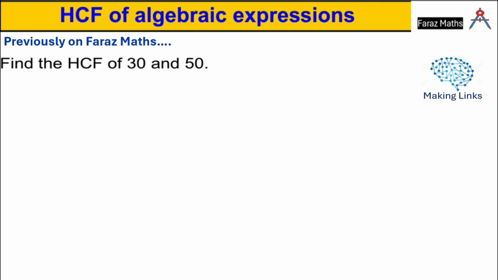Okay, another way to find the HCF is by prime factorization. You can just simply write 30 comma 50. You have to think in this way: 30 and 50, both numbers are present in which prime number's table? So it is clearly 5. 5 6s are 30, 5 10s are 50.